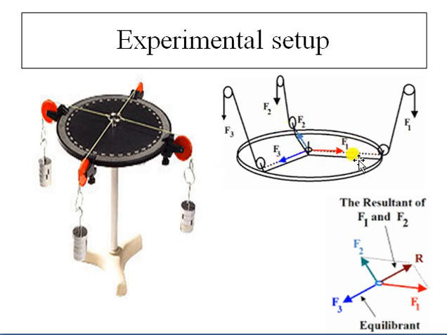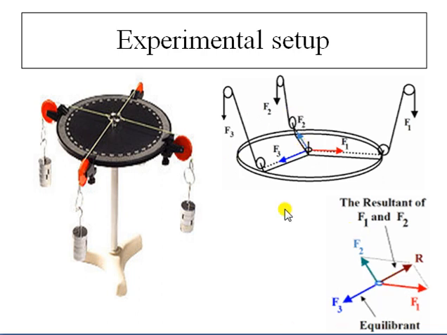These forces, with the arrangement of pulleys, will actually be the weight applied at this particular end of the pulley. For example, if a weight of 1 kg is applied at this edge of the pulley, then the force acting at this edge will be 1 into 9.81, equivalent to 9.81 Newton. If this is 2 kg of weight, then 2 multiplied by 9.81 will be the total force acting at this edge. This whole assembly can later be represented in this format.